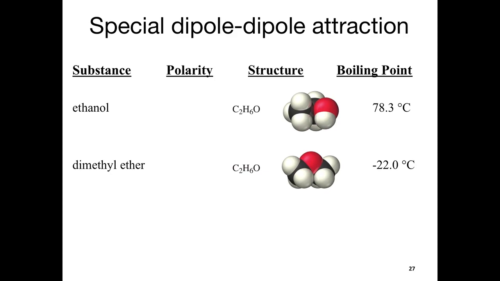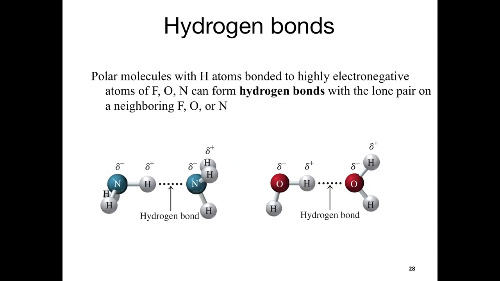So what is this attractive force? It's not a dipole-dipole simply because both of these molecules are polar molecules. So what is it then about ethanol that allows it to have a stronger attractive force? The answer to that is something called a hydrogen bond. And let's first give a definition. A hydrogen bond is when you have a hydrogen connected to a very electronegative atom, fluorine, oxygen, or nitrogen. That hydrogen, which is very partially positive now, is attracted to a lone pair, which is a region of high